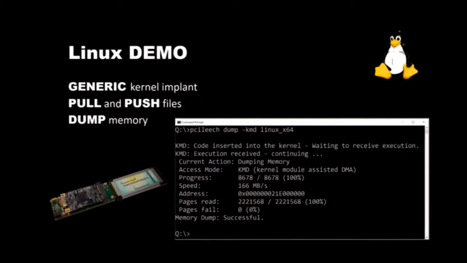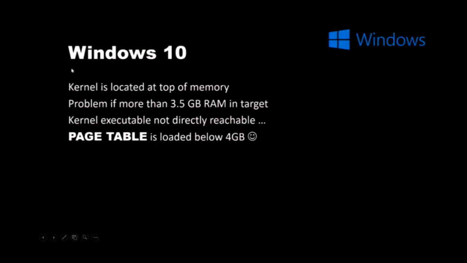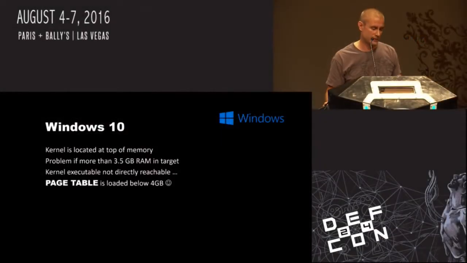So let's move back to Windows 10. In Windows 10, the kernel is located at the top of the physical memory, which is kind of boring for us since we can't access it directly. And this is a problem for us if the computer has more than around 3.5 gigs of RAM. The reason for that is memory-mapped PCI Express devices and other things push the last bytes of the memory well above 4 gigs. So this means that the kernel executable is not reachable directly, and most drivers are also loaded above 4 gigs,